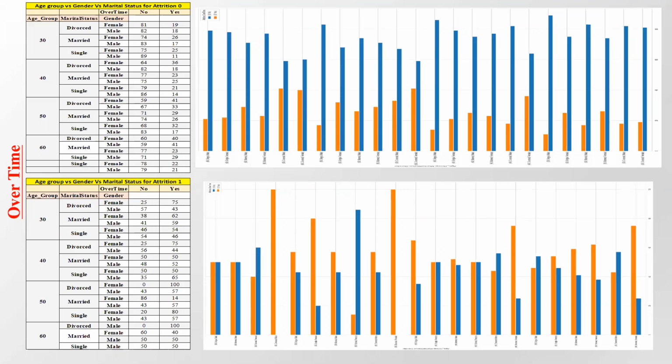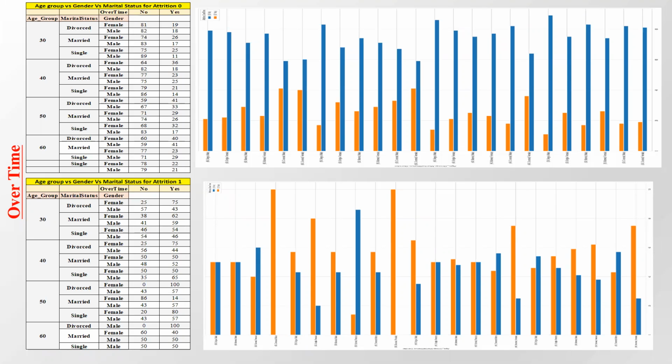What we have done is divide the data in terms of the employees who have left the company and the employees who are still working in the company, and we have compared their overtime status. The above graph is for the employees who are still working in the company, and the below graph is for the employees who have left the company. Blue ones are where the employee does not have any overtime, and orange ones are where employees have overtime. So you can clearly see, for those still working in the company,